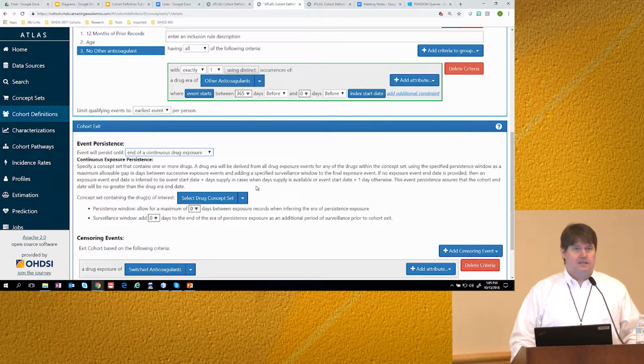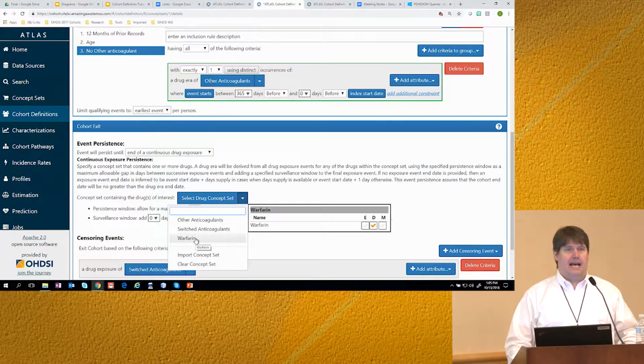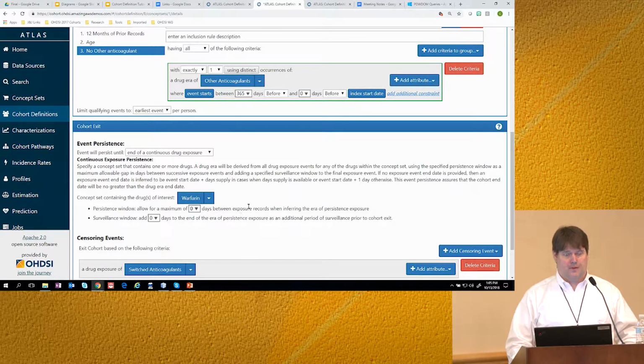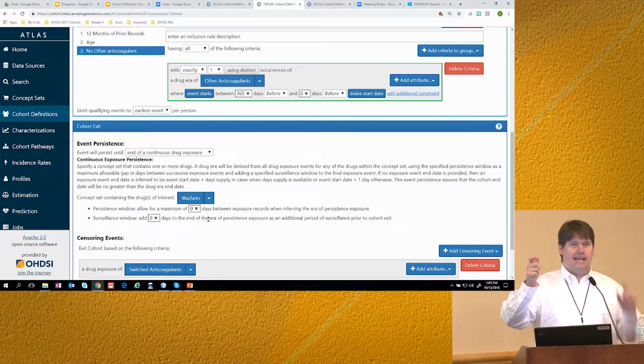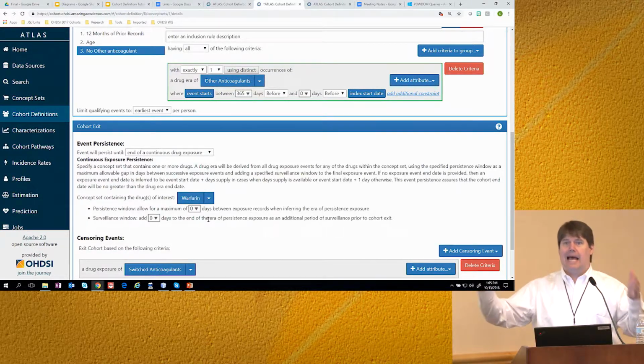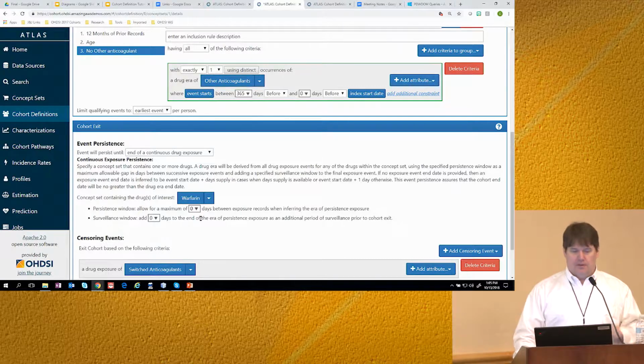And to do this, you choose continuous drug exposure. You choose the code set that has the drug exposure concept IDs in them. So in this case, we're going to use warfarin. And you can specify how much time between the end of the exposure and the beginning of the next exposure can elapse before it should be considered a discontinuation of exposure. So if you think in terms of our diagram here,